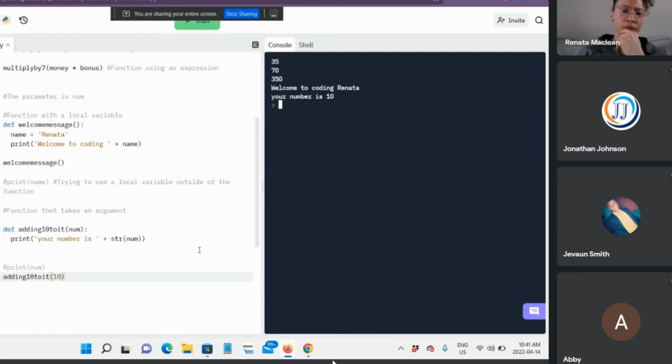So we can use num in the function because that's how the function works. The function has a parameter called num, so there's nothing incorrect about that, okay? That's perfectly fine. And we can also use it in a print statement in the body of our function when we said print, your number is num. That's perfectly fine to do that. So the only problem is that we can't use a parameter inside of a function outside of the function, which is what we tried to do when we had line 34, okay?